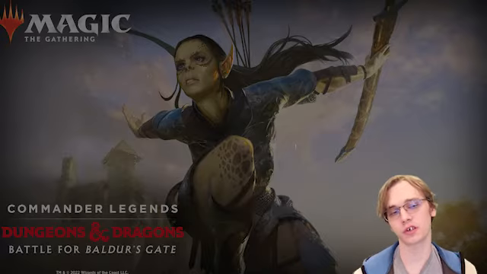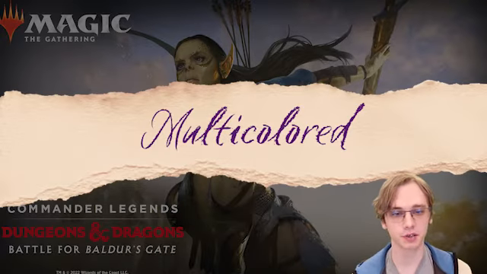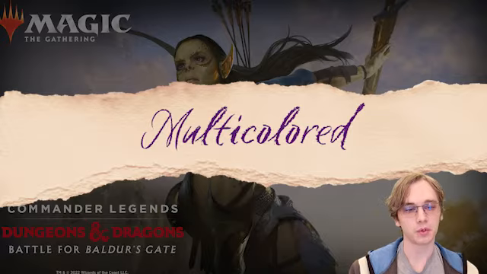Alright, and that does it for all of our green cards. Next we move to multicolored. We have Myrim,